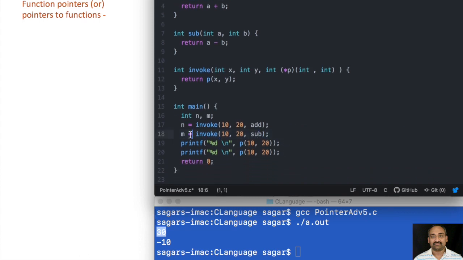In the second call, invoke is given the two arguments x is 10, y is 20, and p is given subtract, so it makes a call to subtract. Now let us print the value of n and m, and see how this works.